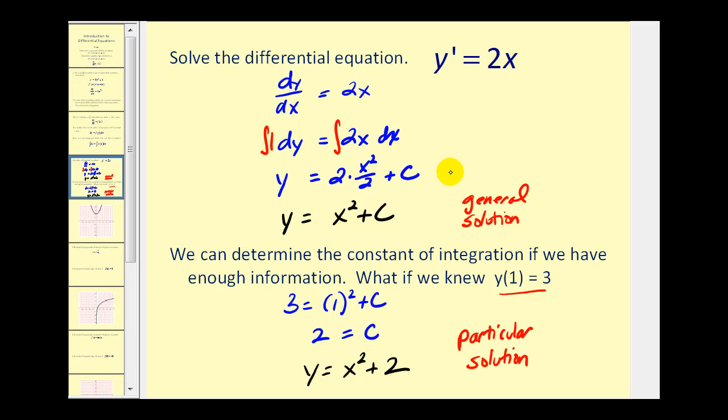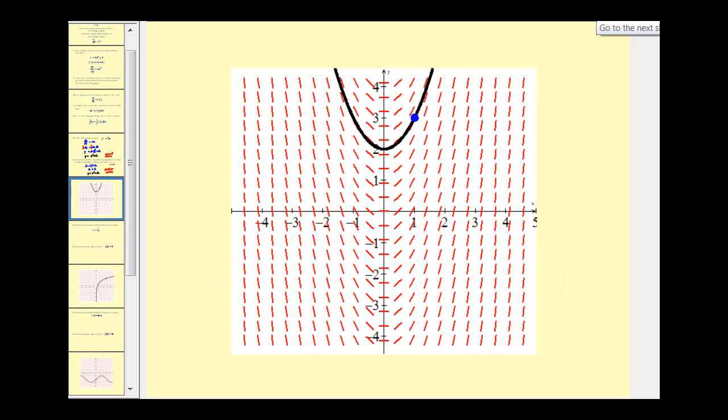Let's go and take a look at the graph of what we just found. One way to represent a differential equation is by a slope field, as we see here in red. Each segment here represents the slope of the solution to the differential equation. Remember, we said on the previous screen that the general solution is y equals x squared plus c. Well, this represents a family of functions for different values of c, meaning any of the parabolas that fit nicely in this slope field